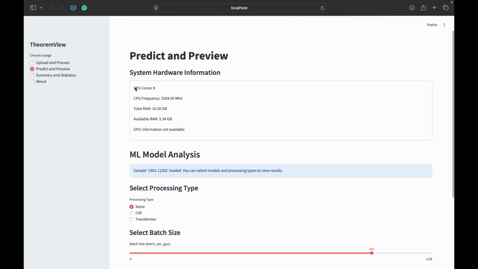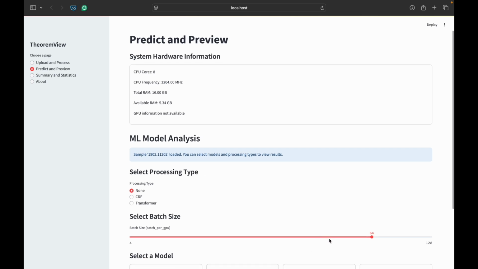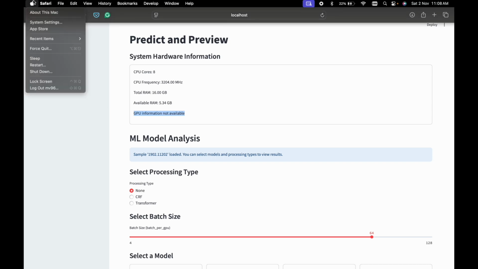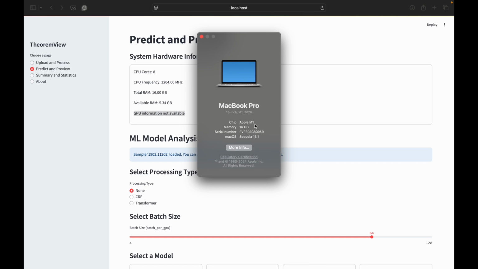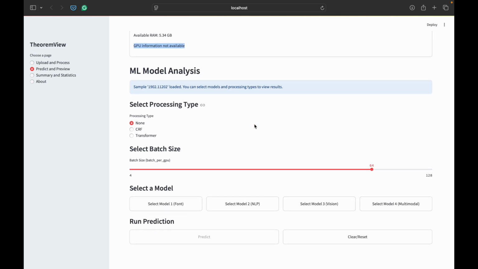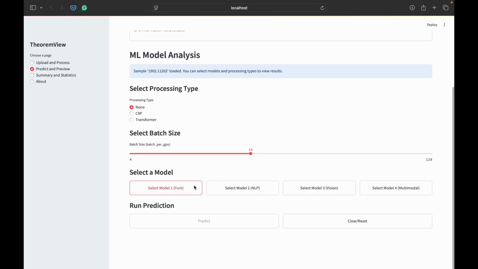This tab will contain information about my system, such as how many GPUs are available, and this can tell me what batch size to put here for every GPU. So right now I don't have any GPU. This also demonstrates that our models can be run on CPU-based machines. I have an M1 machine which does not have any GPU, so all of this inference is going to be CPU based. Next, we can select the batch size per GPU, or CPU in this case,